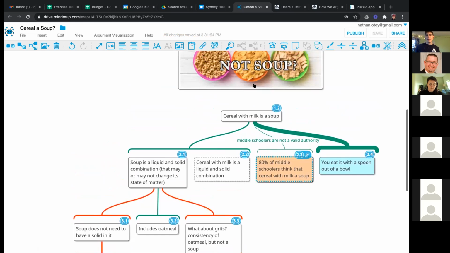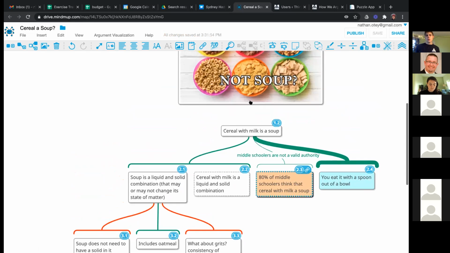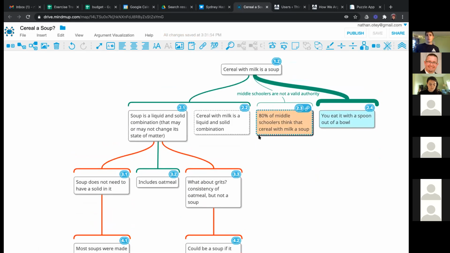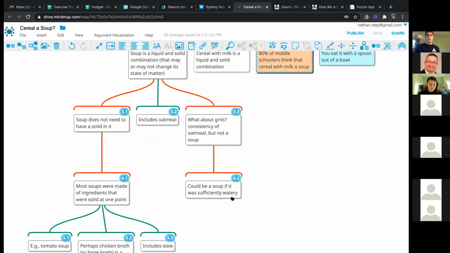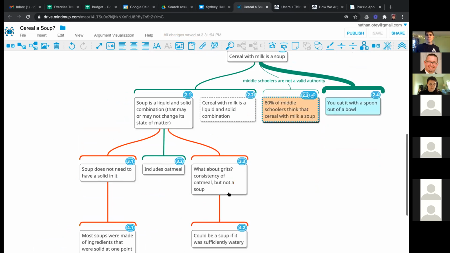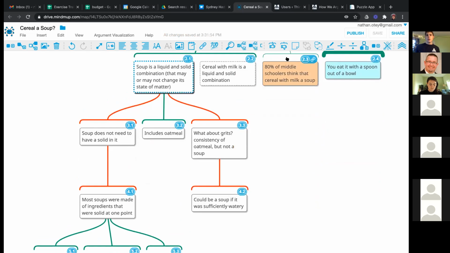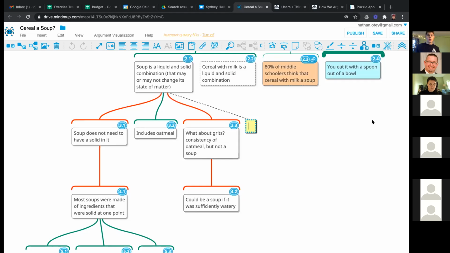You can add images, as you can see here. So that's also useful if you have an image that pertains to your argument, or it's just kind of fun and students will want to play around with that. And then you can add sticky notes. So one thing that I do with sticky notes is you can pose discussion questions. So here I noticed that a key discussion question is, what is the definition of soup?